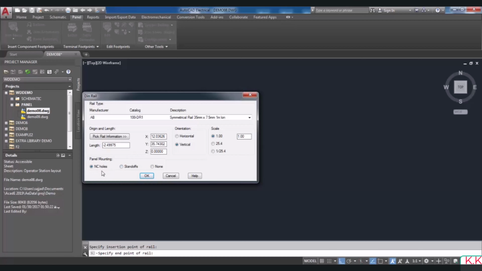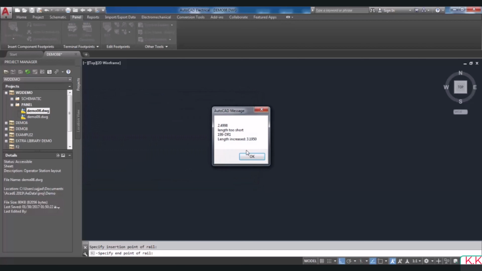The next one, a standoff button, is for inserting the DIN rail with standoffs, and the last one, the none button, is for inserting the DIN rail without standoffs and screw holes. At this time, I'm going to choose NC holes,